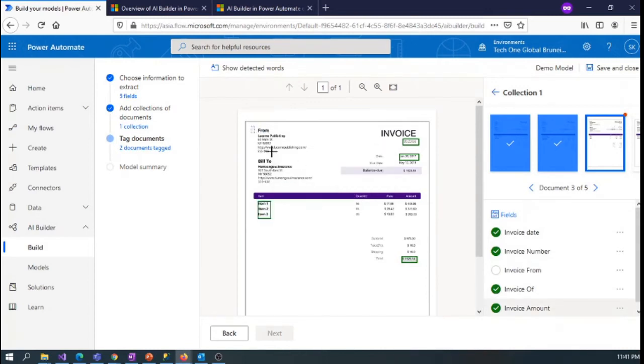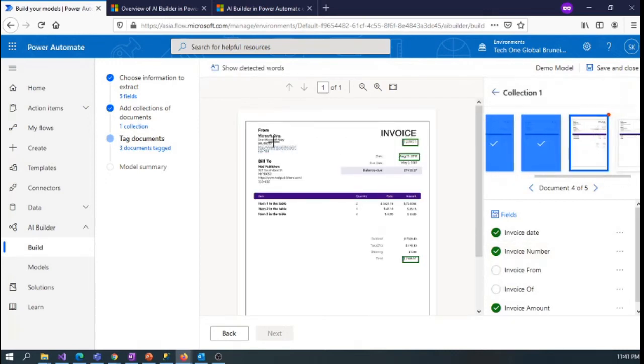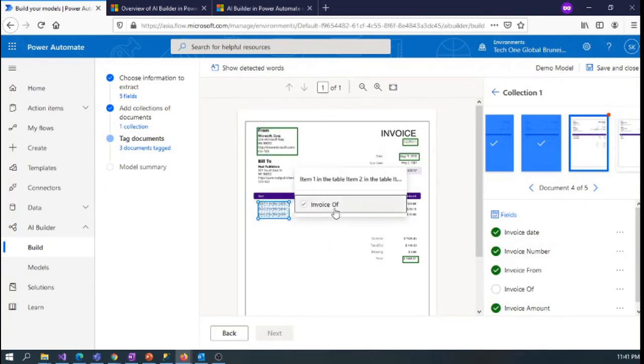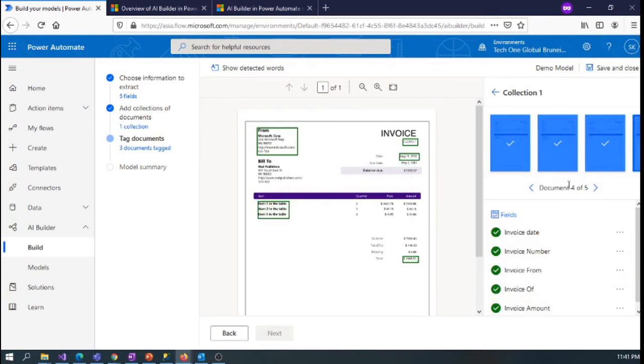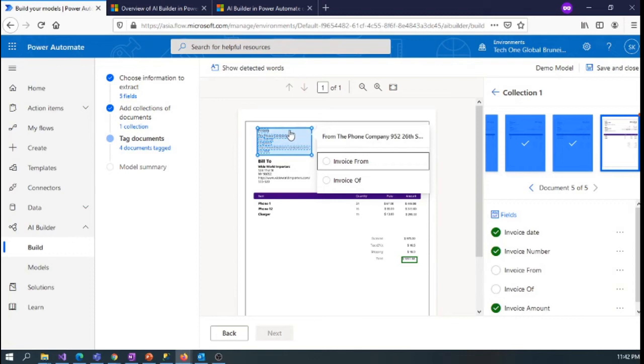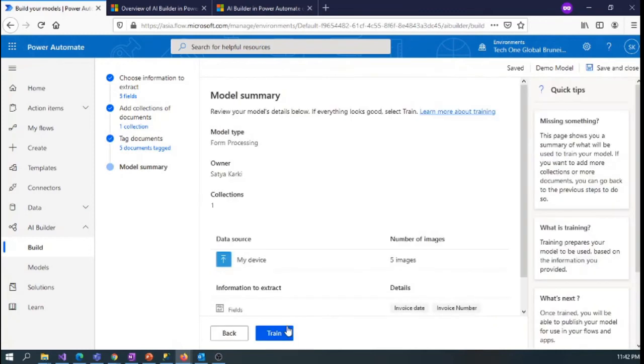This is invoice of, this is invoice from. Now the tagging is completed, so we can train our model.